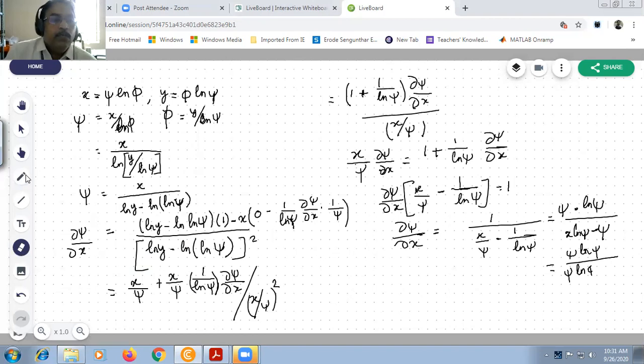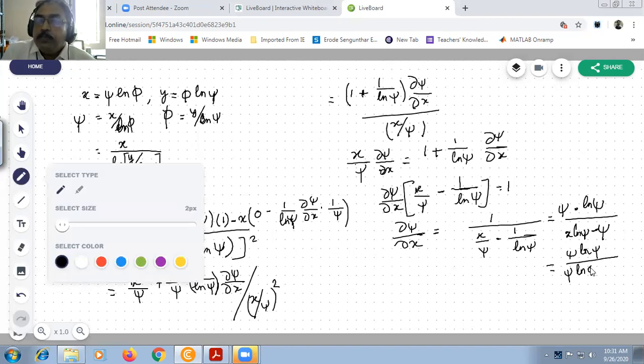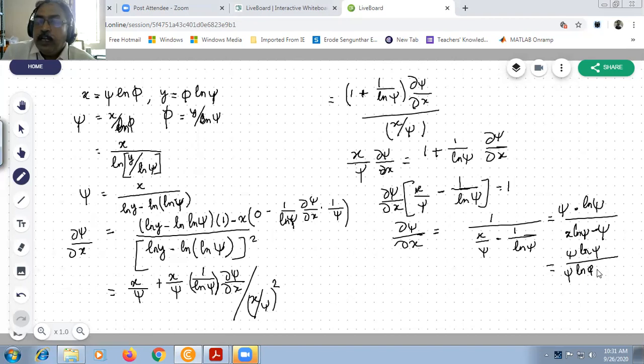Again, we have one more thing. x is replaced by ln psi minus psi. Okay, now we have the answer. If you take psi outside, it will get cancelled. It is ln psi divided by ln phi. So in the answer there is no x. I thought it was an answer, but no x. Now we are getting the answer. Okay, this is D.